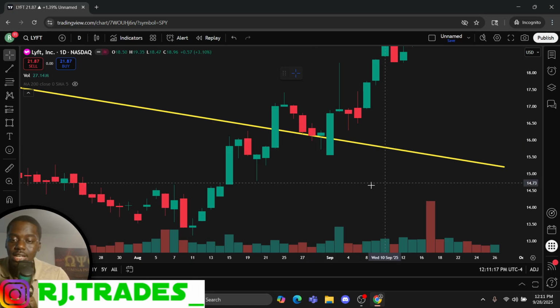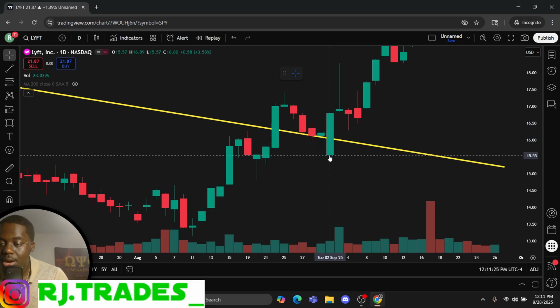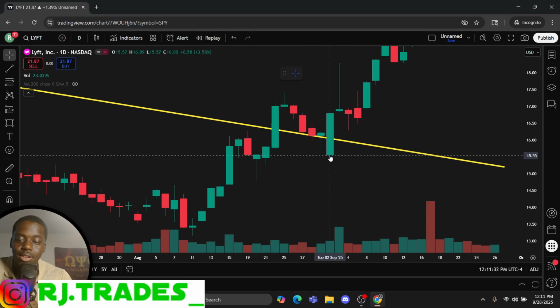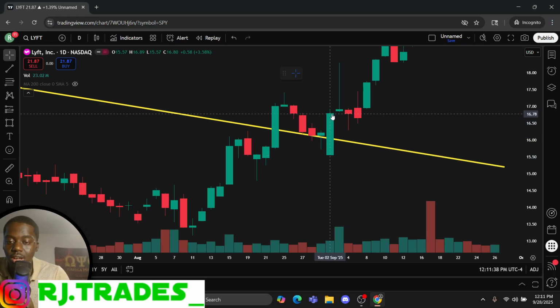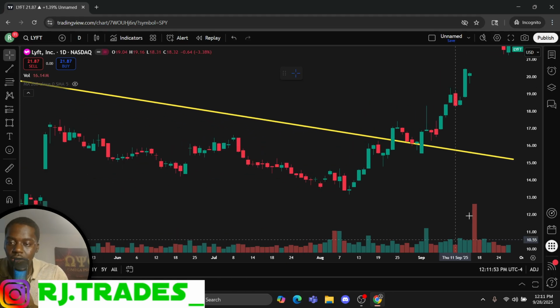The next following day, Lift opened lower. It opened on the previous day here, closed here. The next day, it opened down here. Notice a green candle means that the stock price closed higher than it opened. So it was actually a red stock at the beginning, and it closed up here. That's another pattern called an engulfing, that we may talk about today, or I may save it for the next class. So this gave you two super bullish candles in a row on the daily, and look what followed.